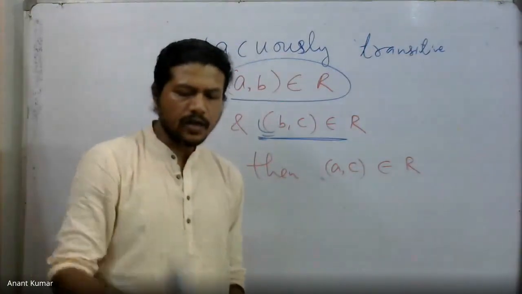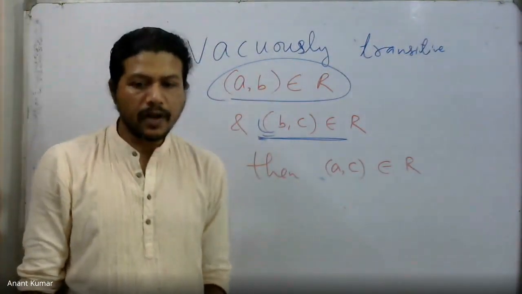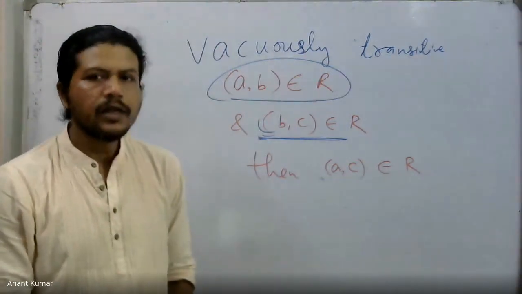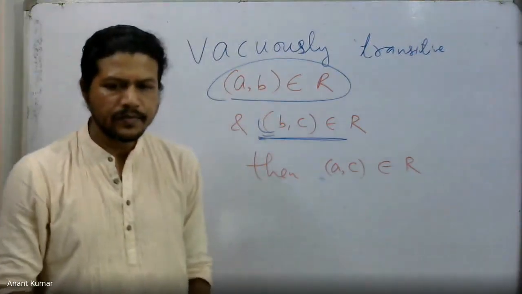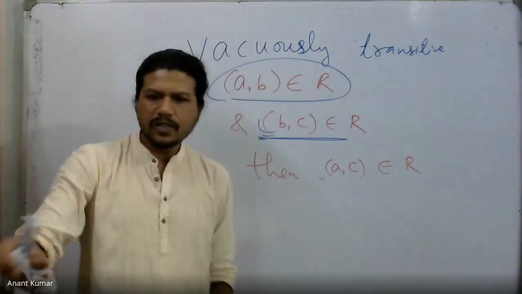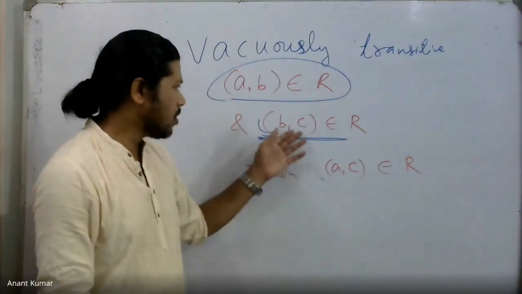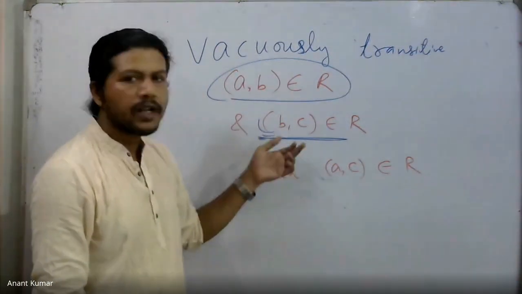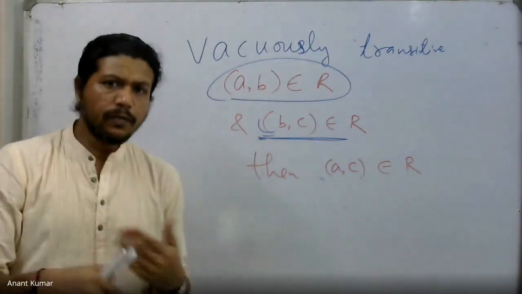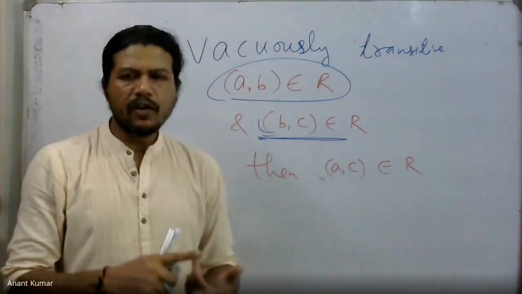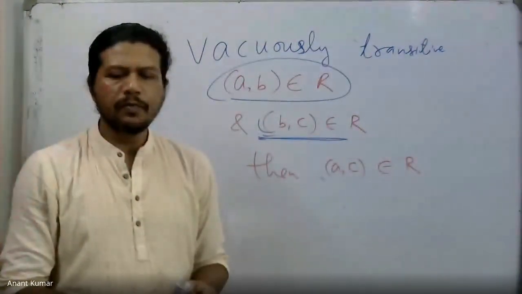So in that case, Anik, whatever relation you have given, where A comma B and A comma C are present, I will take that to be transitive because we are not able to contradict it. A comma B is there, but B comma something is not there. B comma C is not there, so there is no point of comparison now, because this requires that B comma C is also present. If A comma B is there and B comma C is there, then we need to have A comma C present as well.